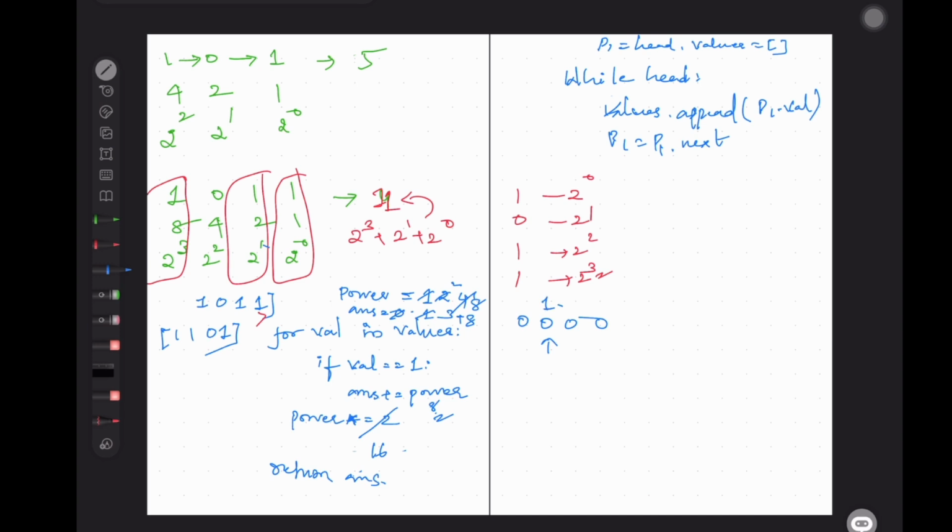This position 3, sorry, position 2, 0 1 2. So if I move this 1 to the second position, then this will become 1 0 0, which is nothing but 2 to the power of 2.